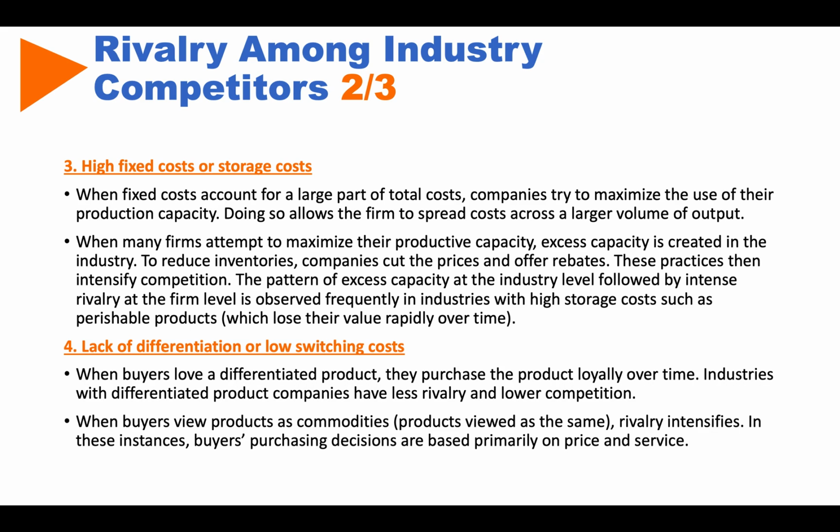But the problem is in industries with high fixed costs, every organization will try to produce more output. If we produce more output, we saturate the market, and then we end up with lower prices because the customer can demand a lower price since the supply is so high. Okay, the fourth one is the lack of differentiation or low switching costs,